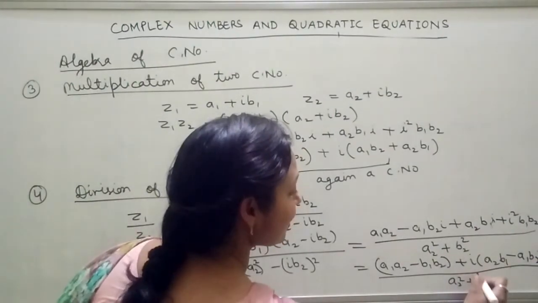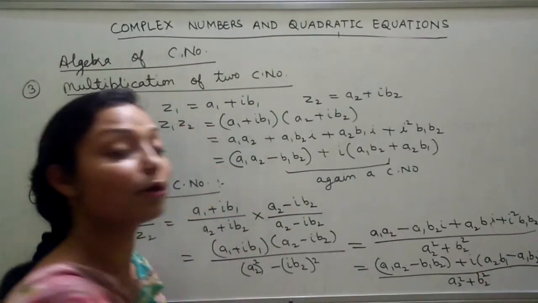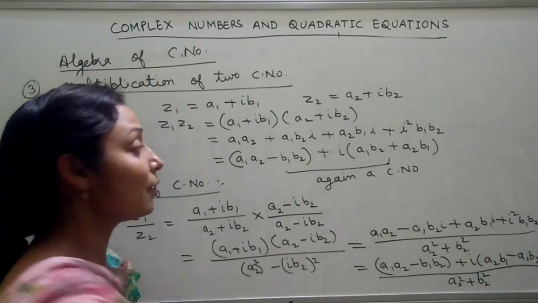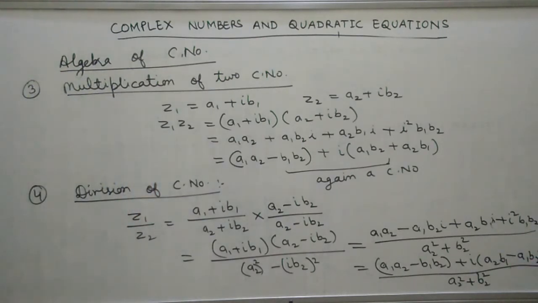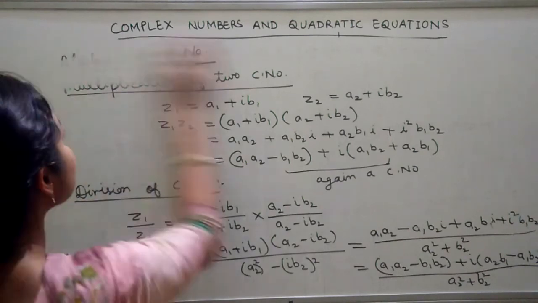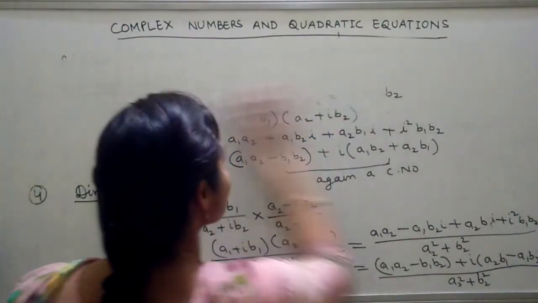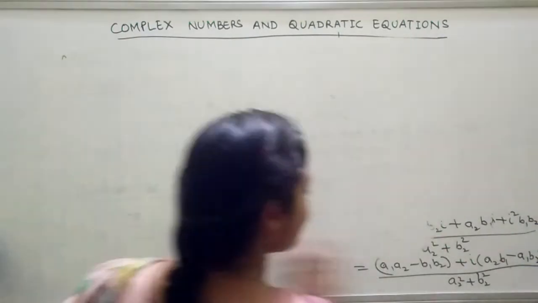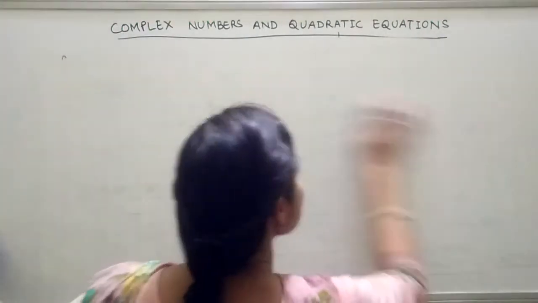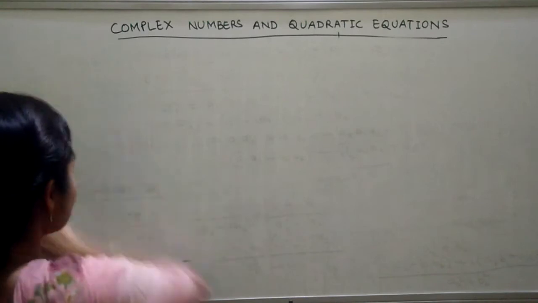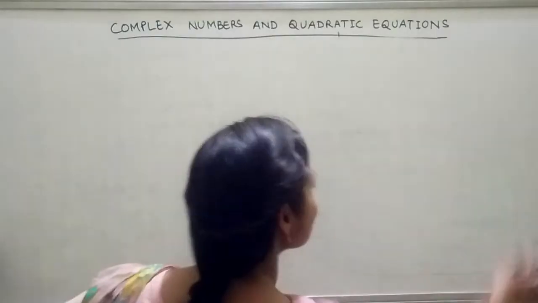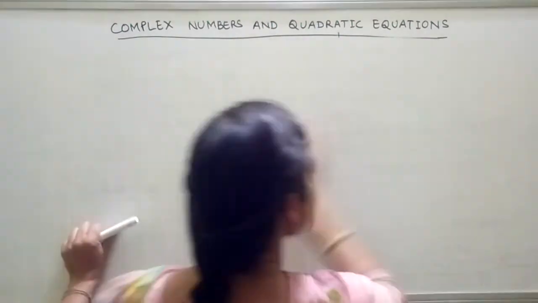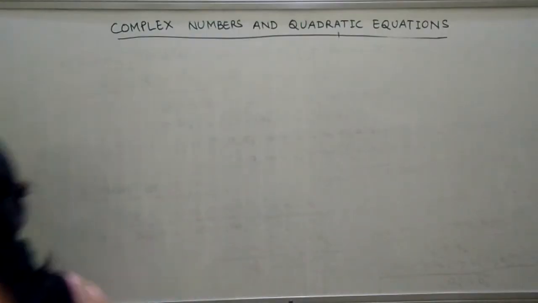So this is the way to do the division of complex numbers. These are very easy. Now the first question of your NCERT, which is very easy, is to convert into a plus iota b form. There are so many questions on the basis of these complex numbers. These are algebra, and you have to convert those numbers into a plus iota b form. So we will do these two or three questions from your book.